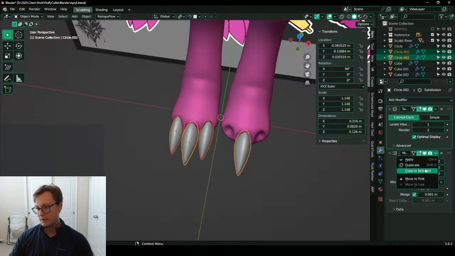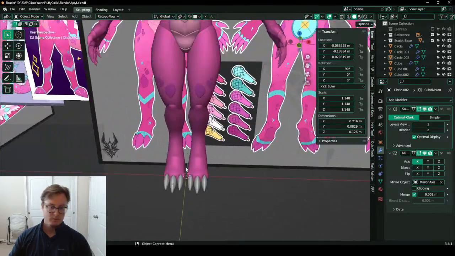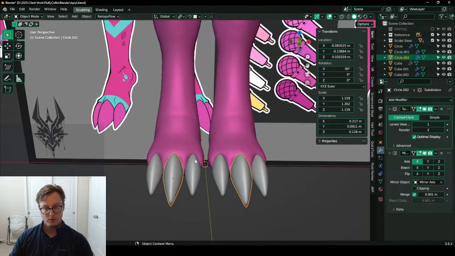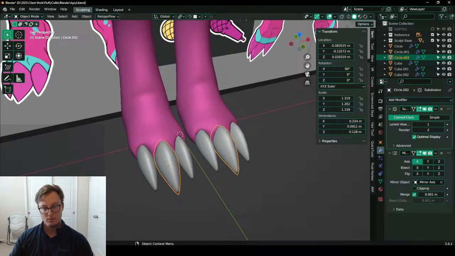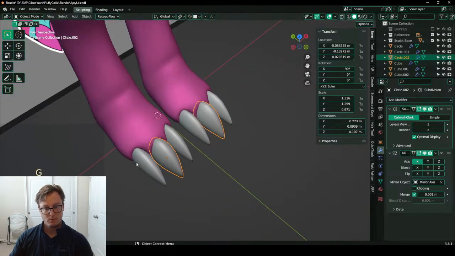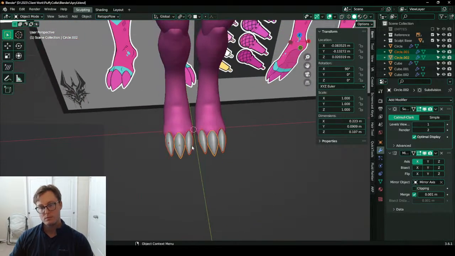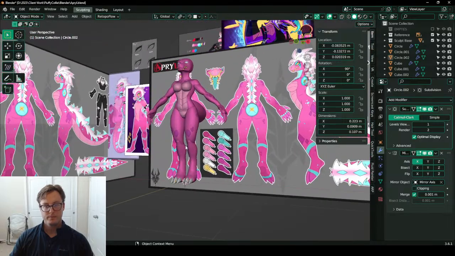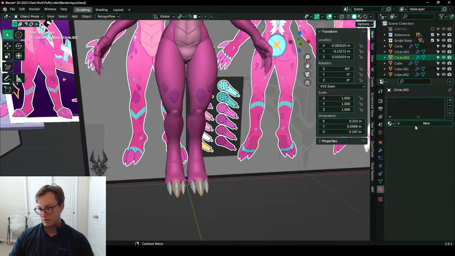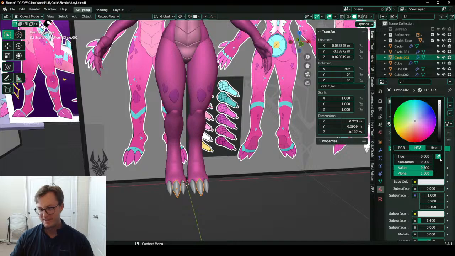And then copy this over one more time. Satisfying. Okay. New material. HP toes. And we'll sample that color.